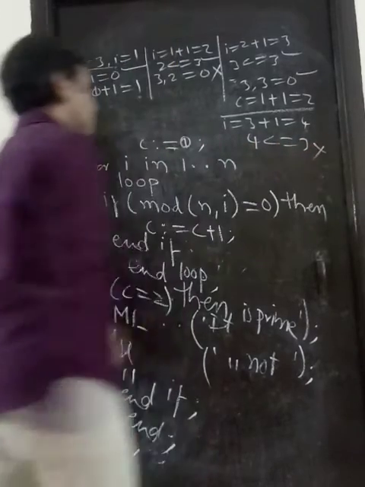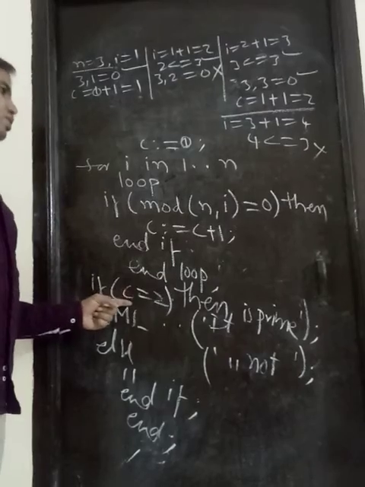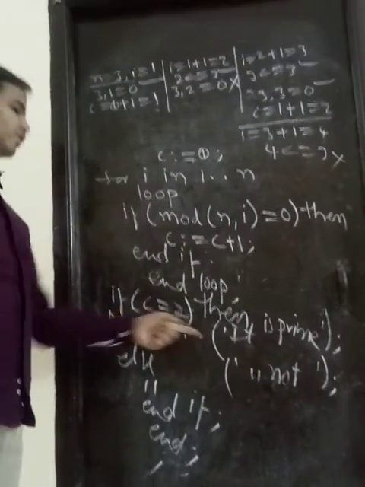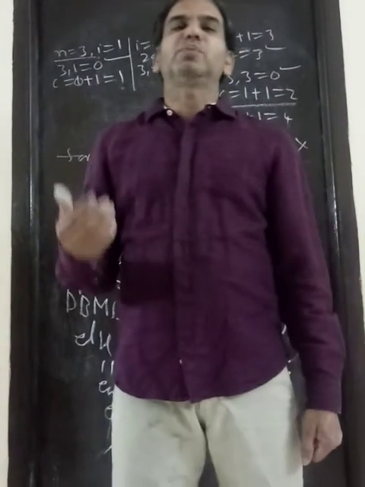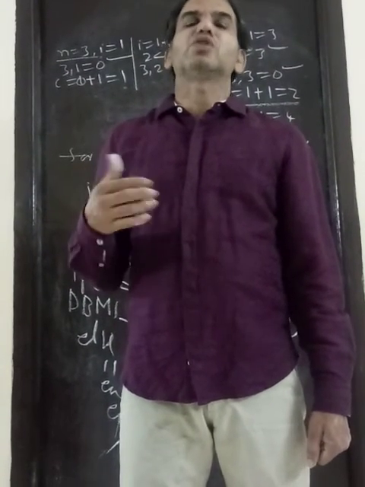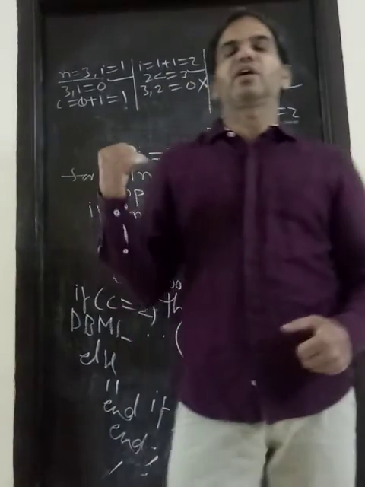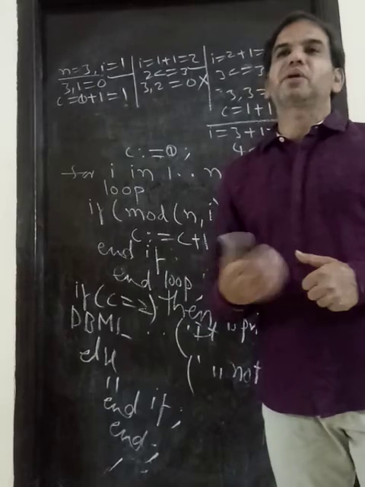If condition is false, cursor comes to this location, outside the loop, c is equal to 2, condition is true, so display this is prime. 3 is prime because 3's factors should be only 2, they are 1 comma 3. So if a number is divisible by 1 and itself, it is a prime. According to this logic, the program will determine whether the given number is a prime number or not.